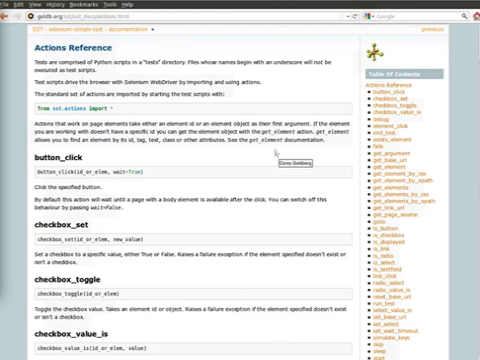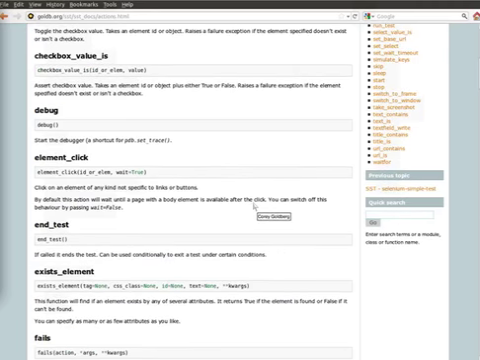This maps some of the basic WebDriver API commands, which are trivial wrappers, and some that are definitely non-trivial functions that do a lot of the nastier stuff under the hood for you, so you can just call a simple function and have it work. There's basic stuff, if we walk through the first couple here, like clicking on a button, setting a checkbox, clicking on various elements. The most important